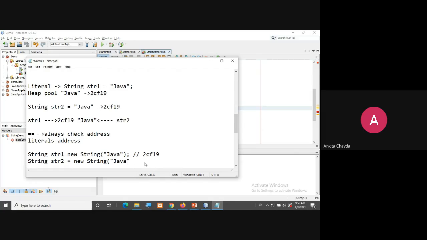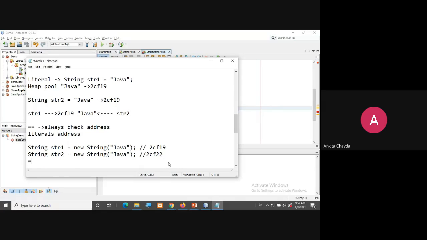Though I'm writing the same thing, due to this new keyword it has to create a new space. Say suppose here the memory location is something like 2CF22. So by this equals operator, they are checking for the address, and here the address will be different, so that is why they are returning false.